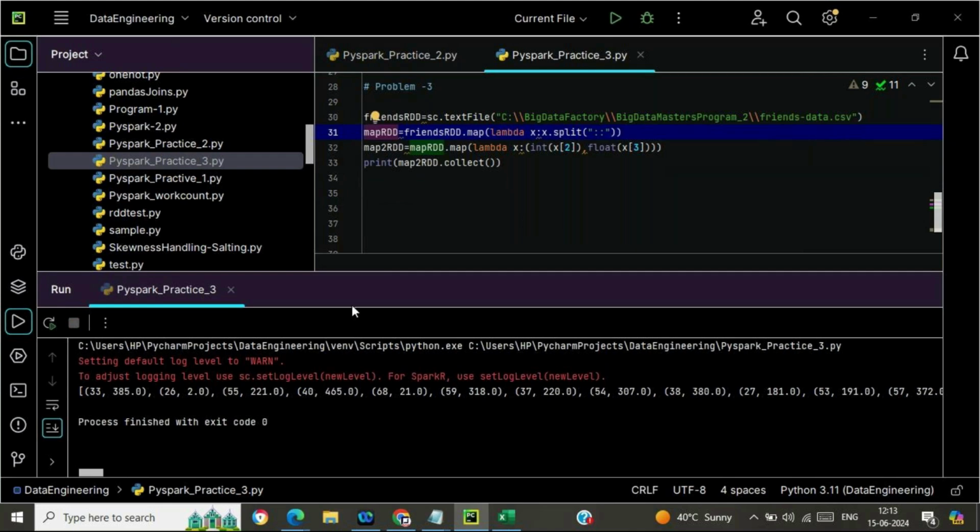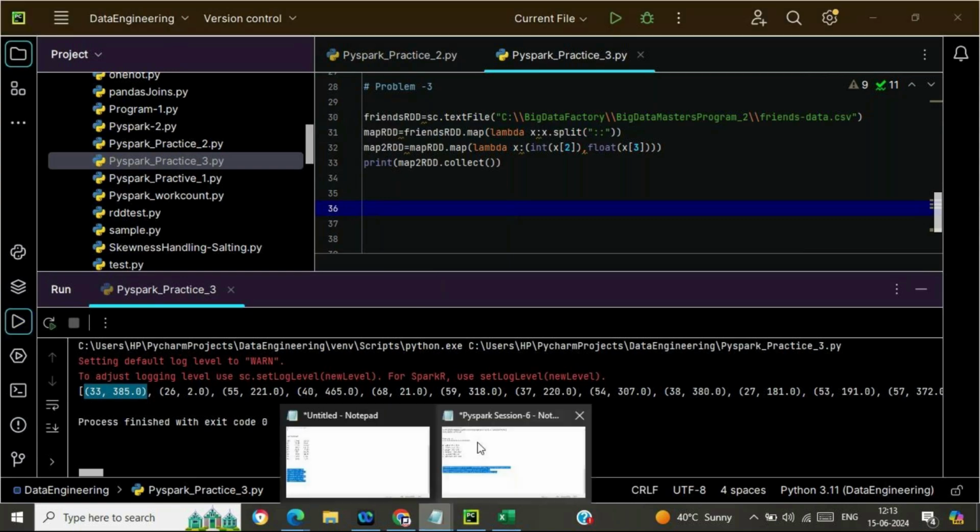Okay, so 33 and 385, then 26 and 2, like A is 26 is having 2 followers, 55 is having 215, 211, 221, 40 is 465. That is perfectly fine. So we are able to get the A's and the followers count.